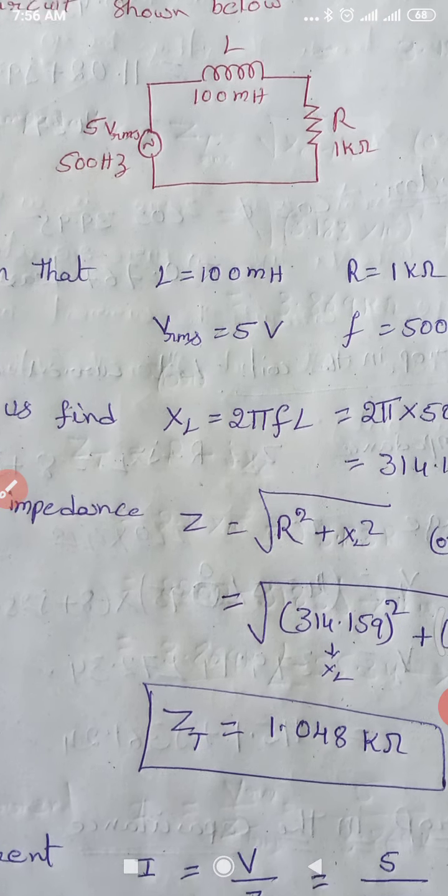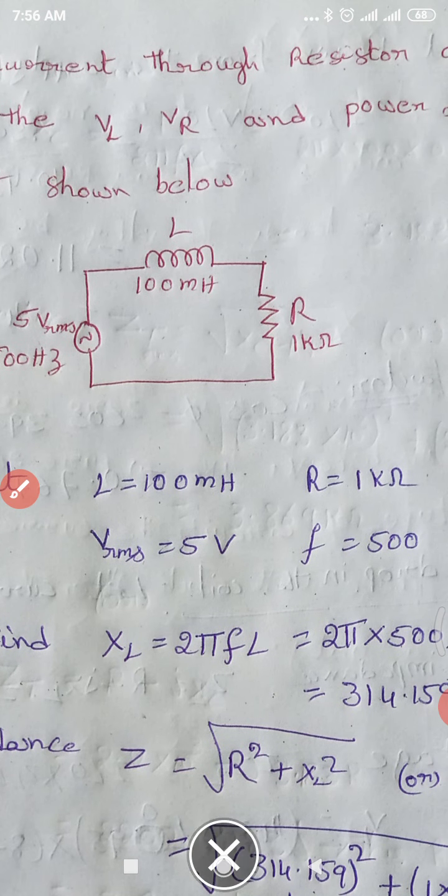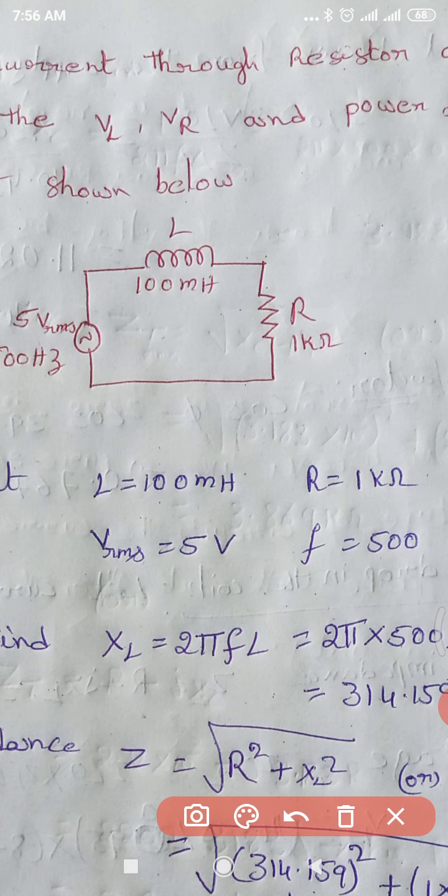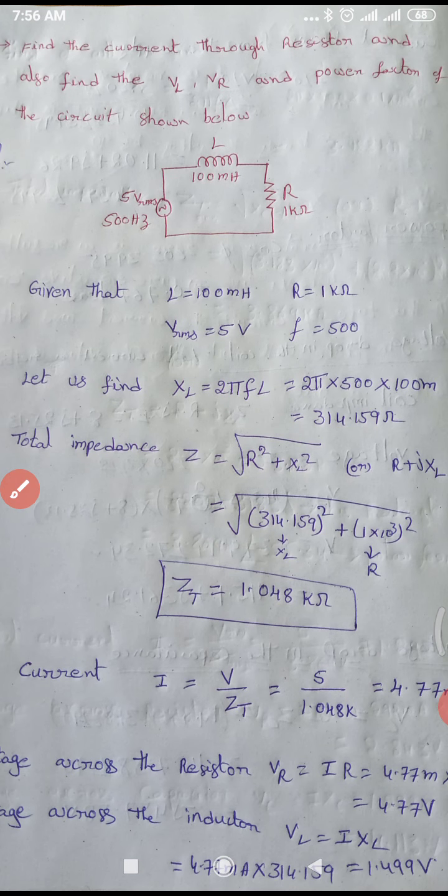Here we have to remember one thing: what is the value given here? Is it L or XL? Here the given value is L, so we have to find out the XL value. How can we find out whether the given value is L or XL? By using the units. If it is given in henries, it is considered the inductance value only. But if it is mentioned in ohms, that means it is given as the XL value.